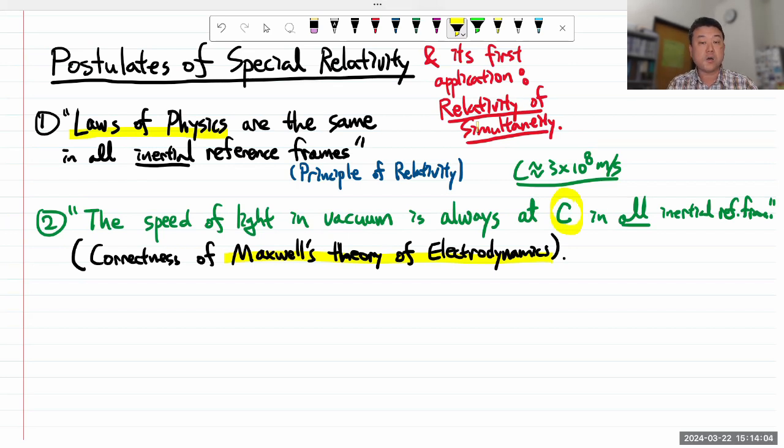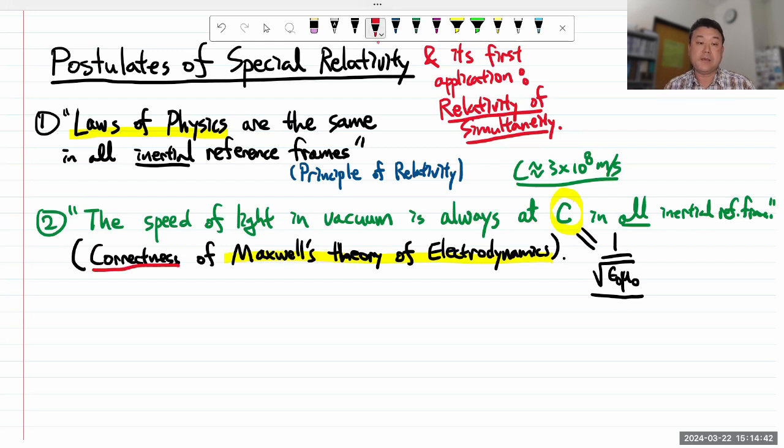You can derive a wave equation, and that wave equation says the electromagnetic wave has a speed c, or in terms of the constants in the electric and magnetic things in the basic SI unit, it goes as 1 over square root of epsilon naught mu naught. I think that's right. So since this expression falls out of a law of physics, Maxwell's theory of electrodynamics, if Maxwell's theory of electrodynamics is correct, then this must be correct,